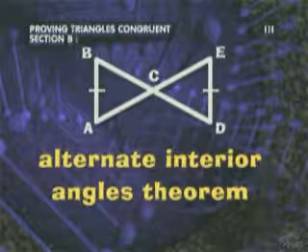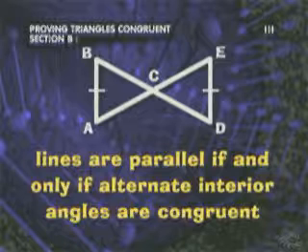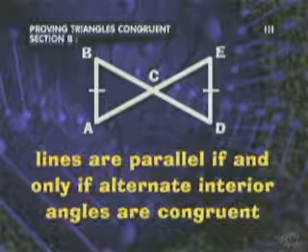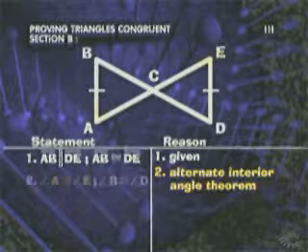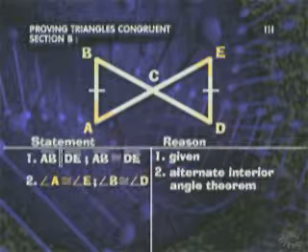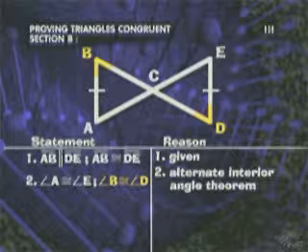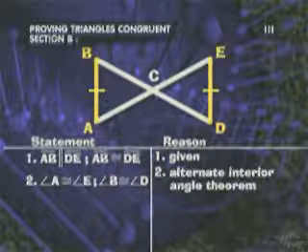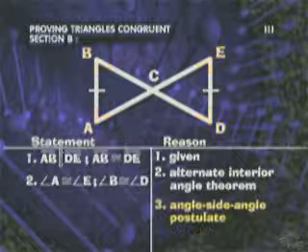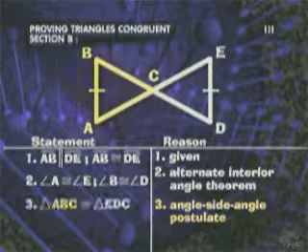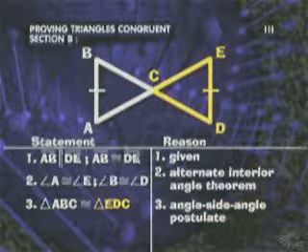Remember the alternate interior angles theorem? Lines are parallel if and only if alternate interior angles are congruent. Well, we'll use it for our reason in step 2. It lets us state that angles A and E and the angles B and D are congruent to each other. So, for each triangle we have a corresponding side, and 2 angles at its ends. By using the angle-side-angle postulate, we can set triangle ABC congruent to triangle EDC. Our goal is accomplished. Now that we have some ways to prove congruent triangles, let's move on to using